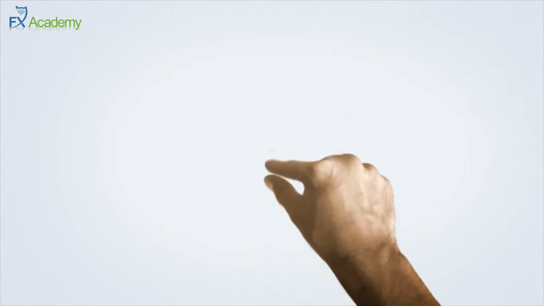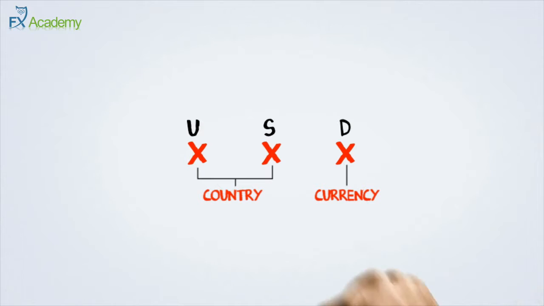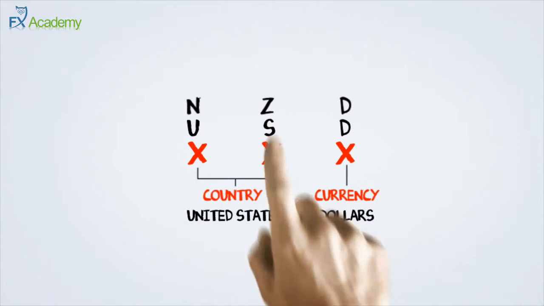Currency symbols are always listed as 3 letters, where the first 2 letters identify the name of the country, and the third letter identifies the name of that country's currency. USD stands for United States dollars. NZD stands for New Zealand dollar. The 4 major pairs are